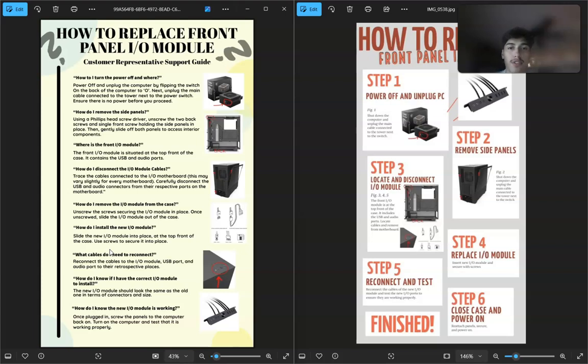If we go ahead and move over to some primary design features, we can see each infographic was tailored to meet the unique needs of each intended audience. So the customer support infographic design focuses on a question and answer format, addressing common queries such as how do I remove the side panels or how do I disconnect the I/O module cables, and each question is clearly separated, making it easy for support representatives to reference specific steps quickly, because that is what it's about when it comes to helping customers. And visuals are also included next to the question to help guide the representatives as they explain the process to